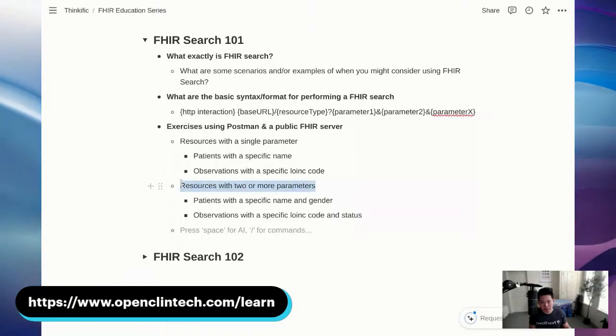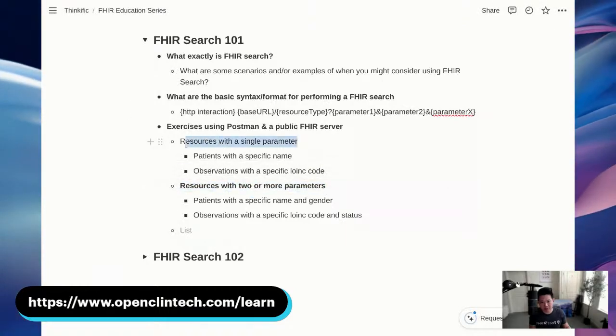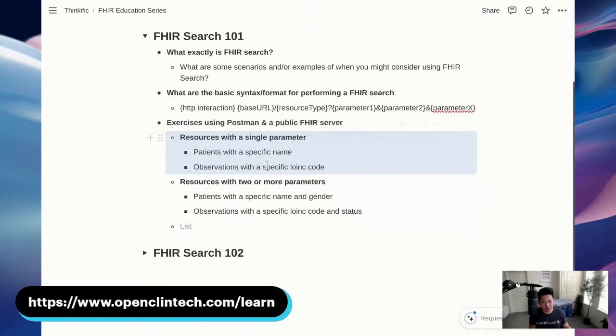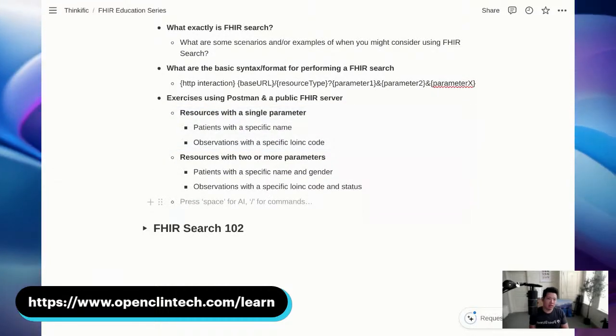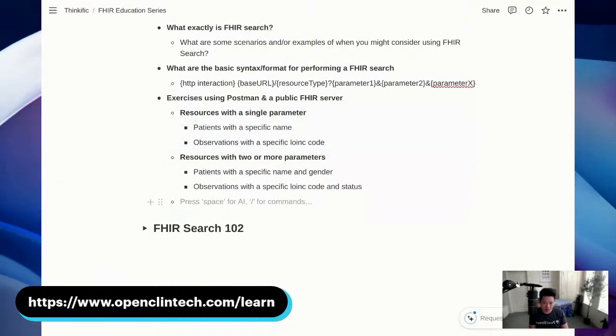And the goal is just to build up their confidence, starting with some very simple things, just to understand the fundamentals. And then I think what would be good also is